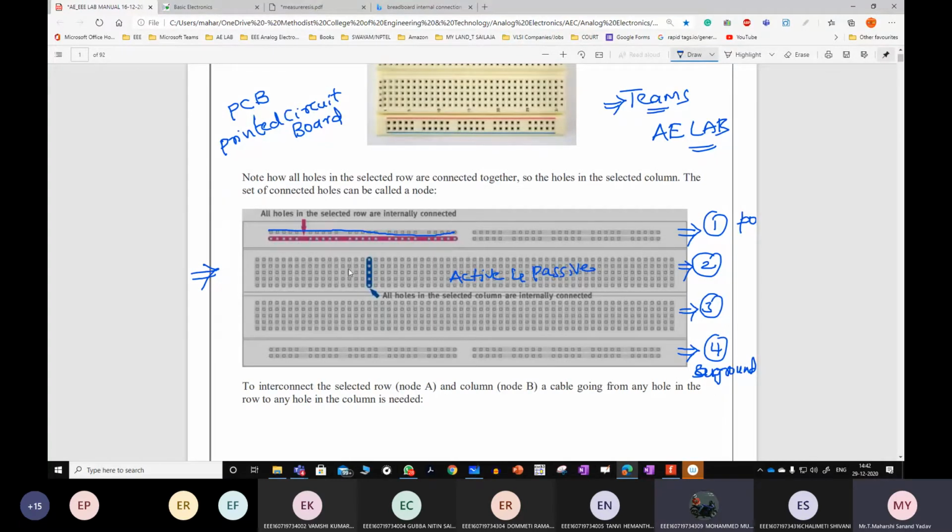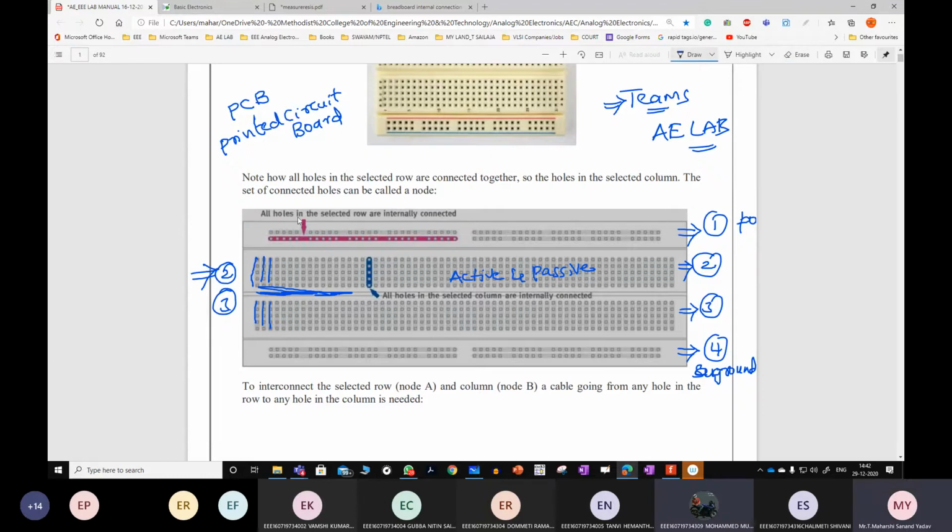Right. Next, how are they shorted? How are this 2 and 3 shorted? 2 and 3 are vertically shorted. Yes, they are vertically shorted. And again here there is a gap. You can observe here, there is no connection. Next, again they are vertically shorted like this. What about this 1 and 4? They are horizontally shorted. Right.